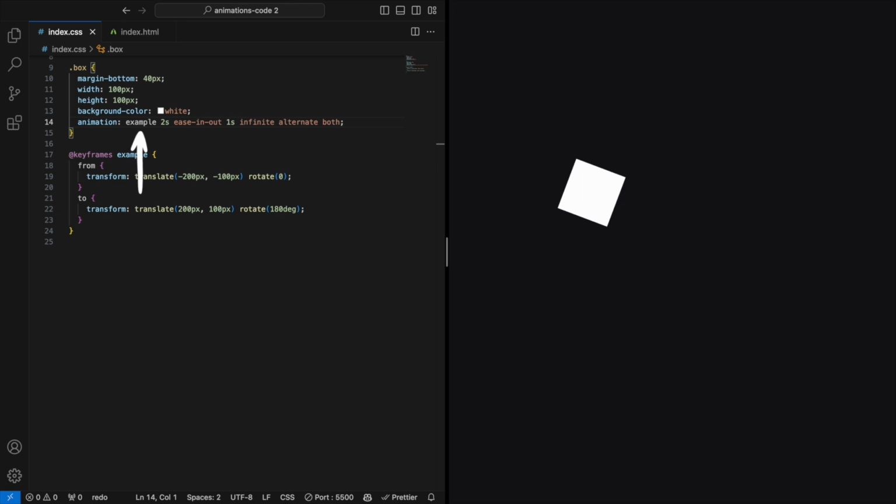It uses the example keyframes animation, has a duration of 2 seconds, an ease in and out timing function, a 1 second delay before starting, repeats infinitely, alternates direction, and applies styles from both the start and end keyframes outside